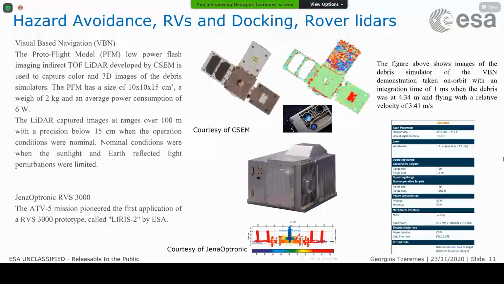In the center, you see 3 photos. This is the instrument I'm referring, the VBN. On the top, you see this had a camera and a LIDAR system. So this is a photo from the camera of the objective, which was another CubeSat flying nearby ISS. Actually, it was released from the ISS. And then you see on the right side the